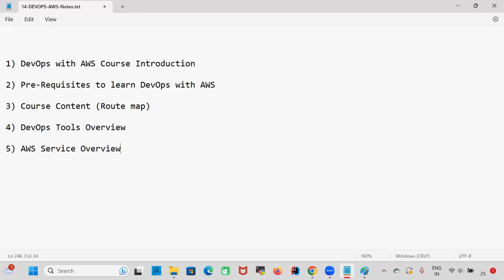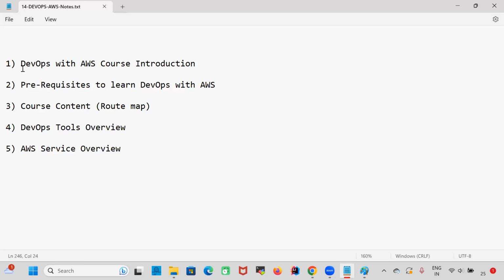What are the AWS cloud services we are going to learn? What is the purpose of each service? Just a rough idea we got. What are the DevOps tools available? Around 18-19 tools are there. We discussed just the names of the tools and the purpose of the tools. As part of this training, we are going to work with all the tools practically to become a good DevOps